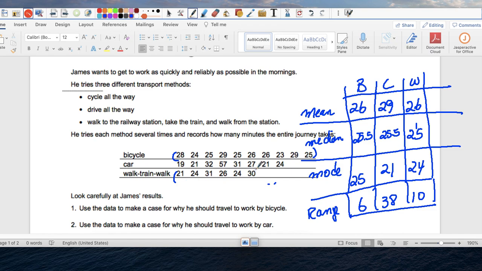Now, although the mean for the walk, train, walk is the same, the range is a little bit larger than that. I'm not even going to mention the car, because the car, as you can tell, the range is 38. It's like the numbers are from here all the way to there, and the mean is 29. So the bicycle definitely beats that. You can also talk about, and I don't know how many of you will mention this, the case for the bicycle is that the mean is smallest, the range is the smallest as well, and that